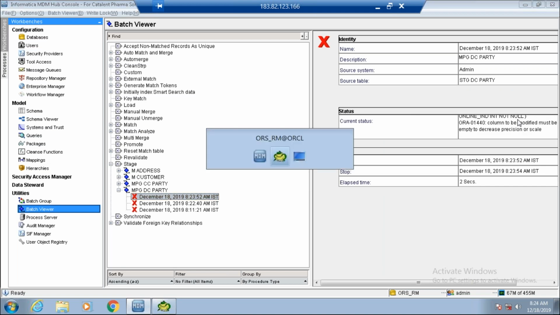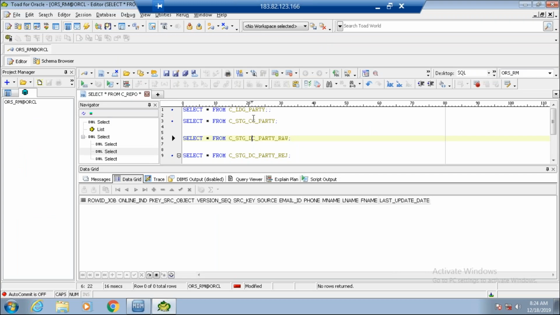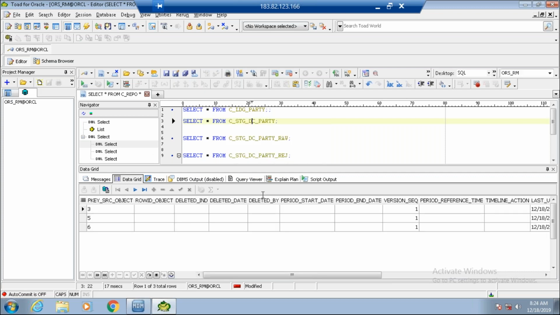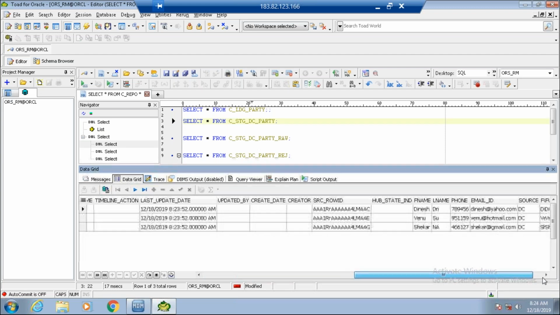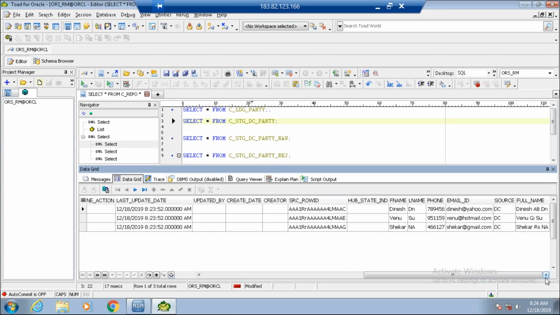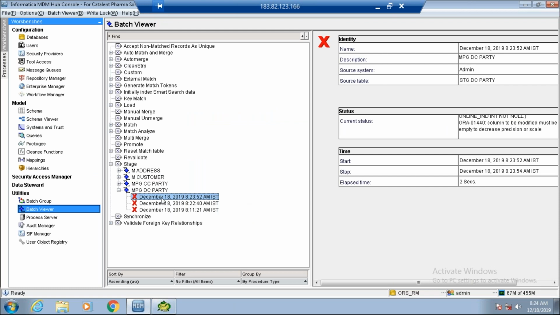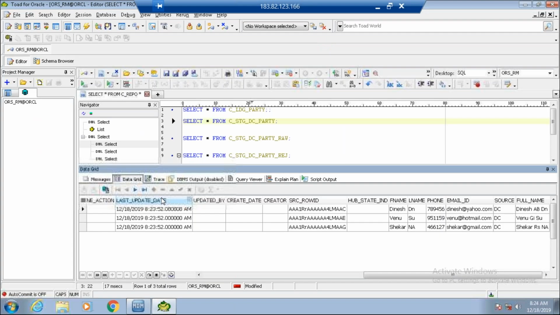Just one moment. See, though the job is failing, it is being processed. As I said, because of delta detection enablement, this job is failing, but still the data is being loaded.